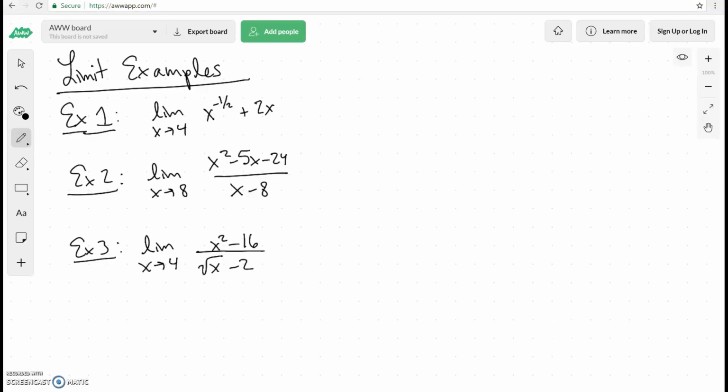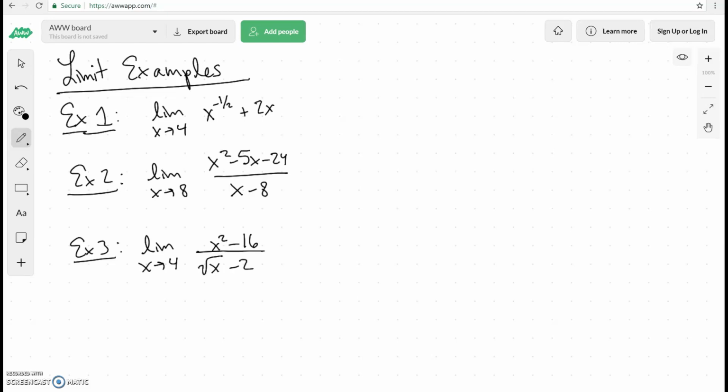Okay, let's try these three problems. So this week we went over limits, and I'm going to give you three additional examples so that we make sure that we really understand them. So to start off with the first one, we're going to take the limit as x goes to 4 of